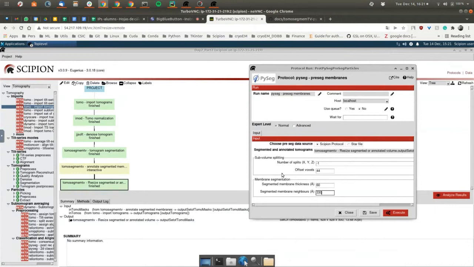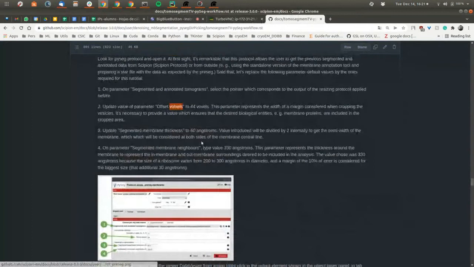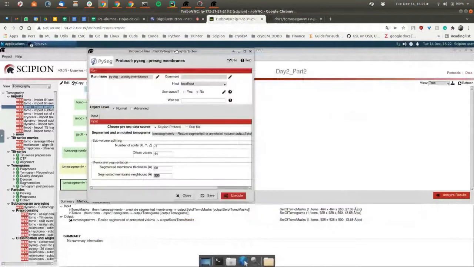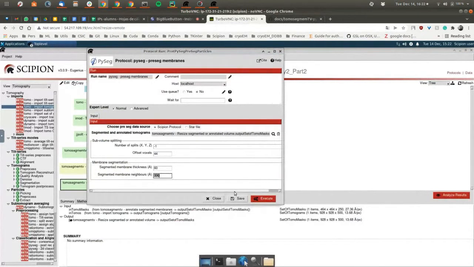So if you calculate this, you can say, I'm going to have this quantity of angstroms from the membrane to the outside. How many pixels are these? You can calculate it directly by dividing by the pixel size, or voxel size in this case. And this quantity should be summed to the 60